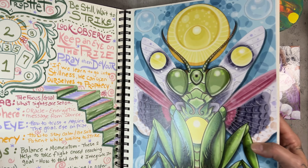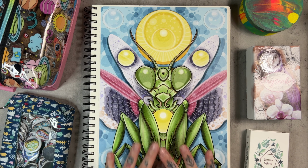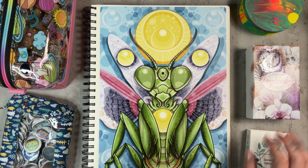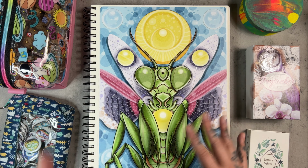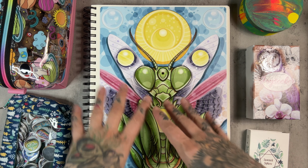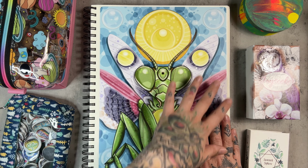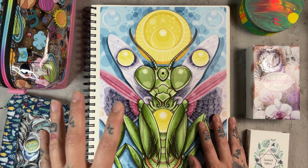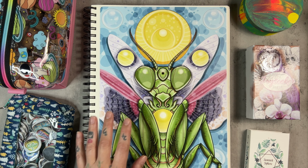I love this one. This was actually a revisit to one I had done years ago. I actually redrew the entire thing when we first got our laser. I was really into just seeing everything that it could do. So I drew basically a praying mantis kind of in this vein with just symbols and all sorts of stuff. I don't even think we ever ended up making anything out of that one, but I